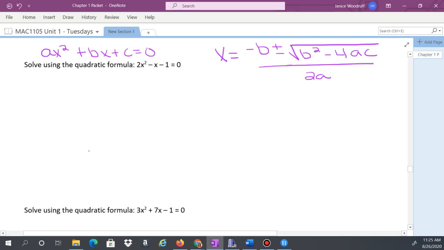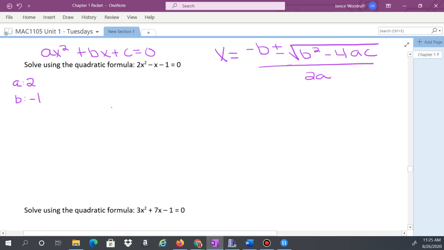So solve using the quadratic formula means that's the best way to solve this problem. Actually, I think this one you could factor, but we'll do the quadratic formula. So we're going to identify a, b, and c. So a is going to be the number with x squared. That's going to be 2. B, the number with x,